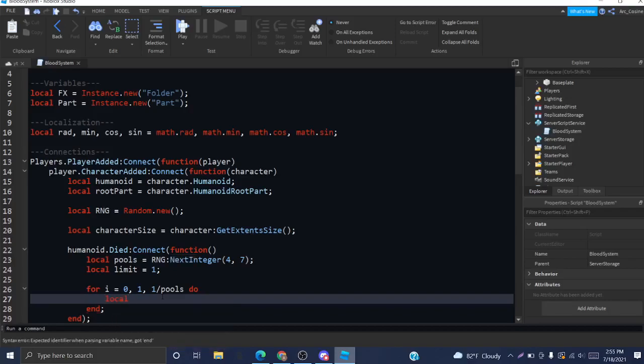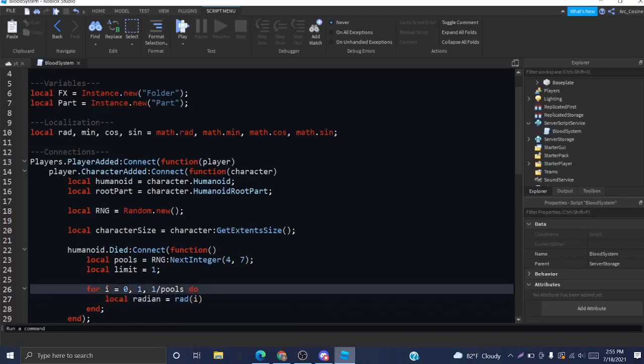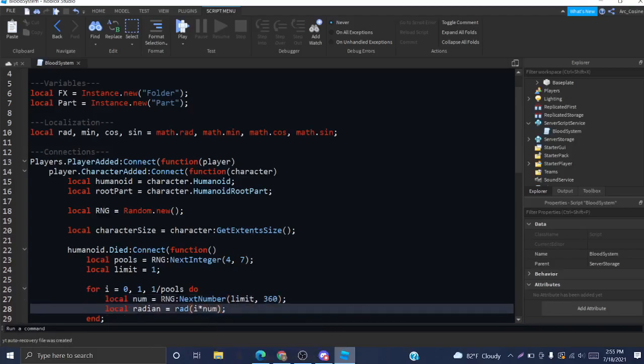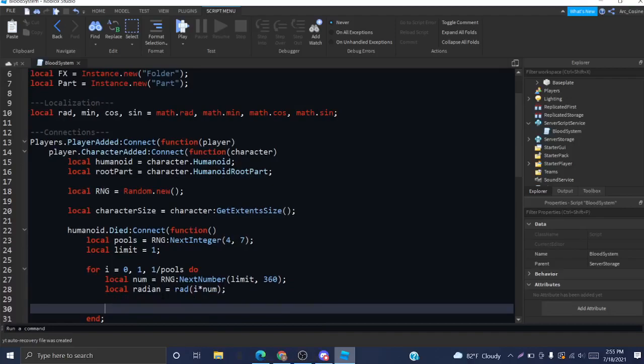Now I'm just going to get a random radian, and I'm going to do rad I. But before that, we need to do local num equals RNG next number, which is different from next integer. It actually gives us decimal outputs as well. And I'll do limit 360. And I'm going to do I times num. So that's that. Now I'm going to do limit equals min